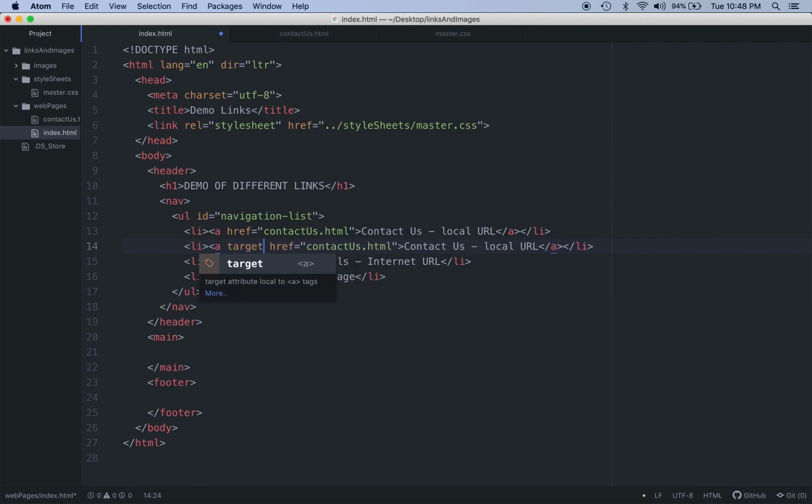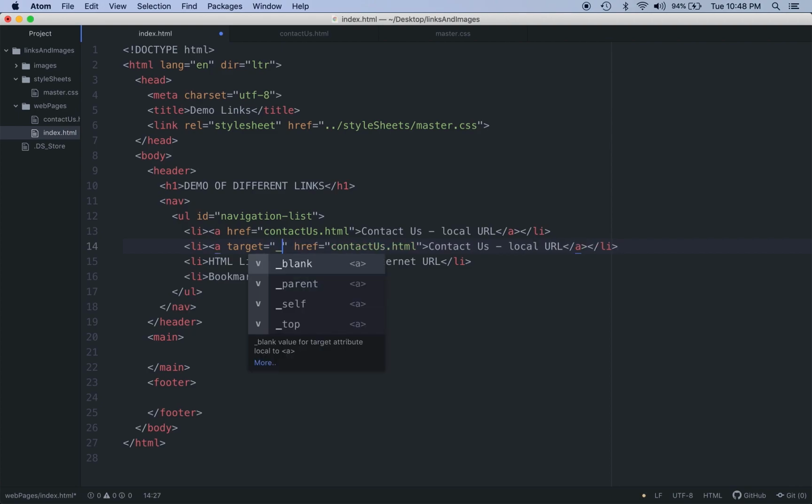Every anchor tag, so I'm going to do this on the second anchor tag, I can set a target attribute, and the target attribute allows me to specify whether I want to go to a new blank page, or if I want to just replace the current page using self. The top and the parent have to do with frames, so I'm going to ignore them for now. The two target attributes that we care about are blank and self. So if I use self,